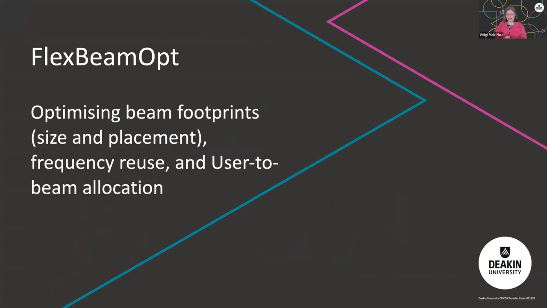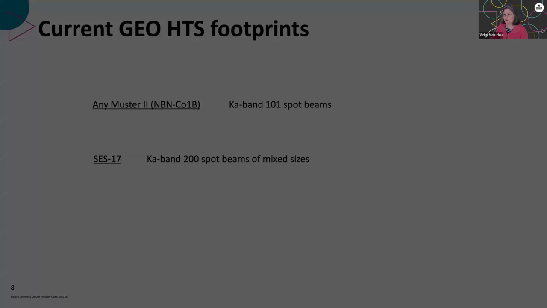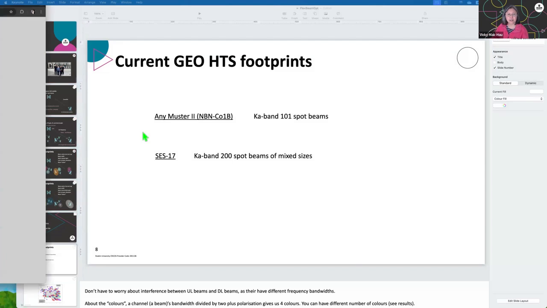So for today, there are actually many optimization problems. We're working on maybe 4 or 5 at the moment. But what I wanted to present today is the work we've been doing for FlexBeamOpt. That's the one that optimizes the beam footprints, the frequency reuse, which is the coloring part, and also the user to beam allocation. Before I do that, I'm just going to stop sharing this for a minute and